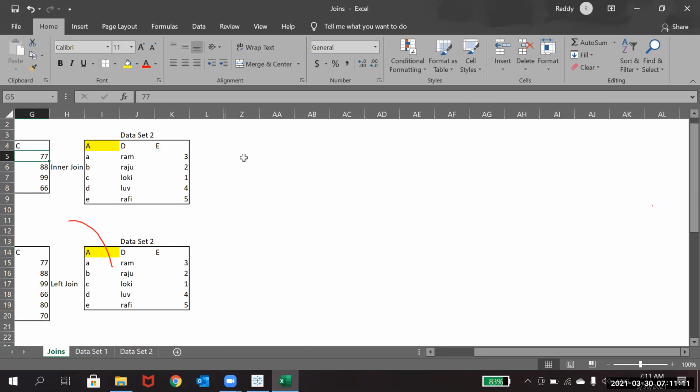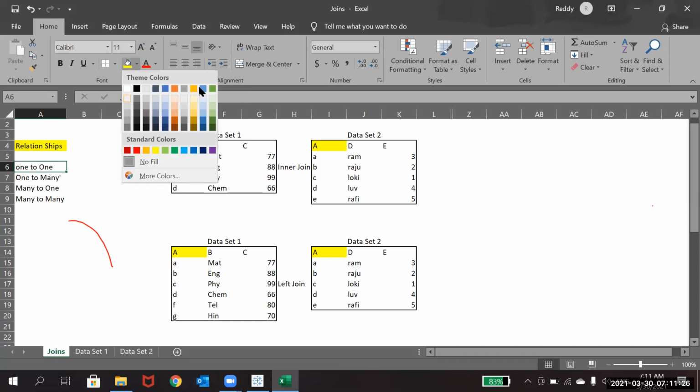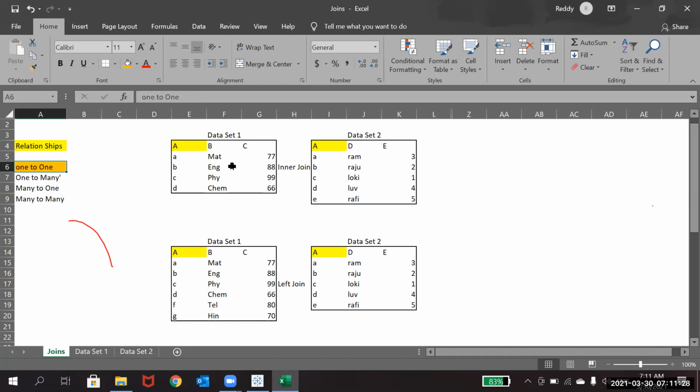Okay, let's say we have the same example here. When you are considering only one to one, we will just see that first. So this is the common column we have here in between these two.